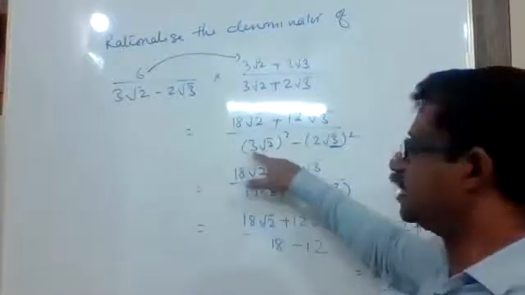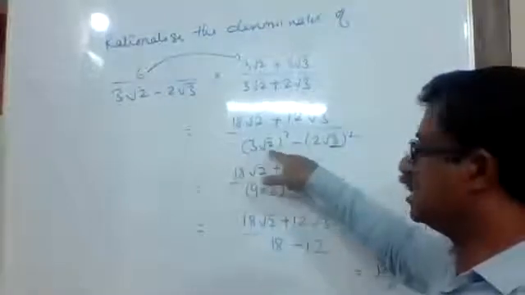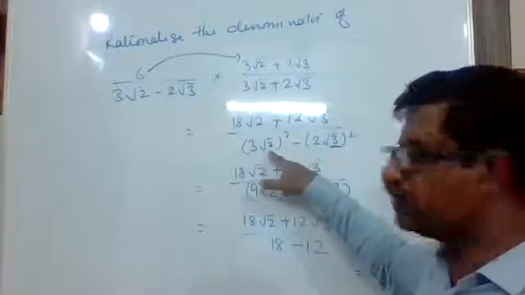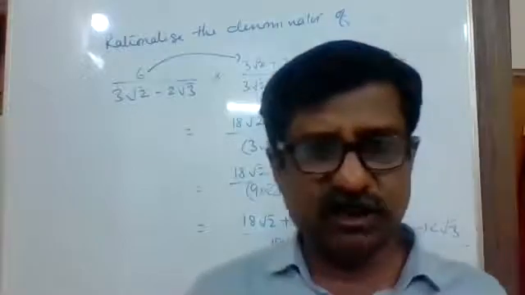Okay, the step you have to keep in mind properly. We have to take the square of 3, that is 9, and the square of root 2 is 2. The radical sign will be removed and directly you are going to get 2. Root 2, when you are multiplying 2 times, you are going to get 2.